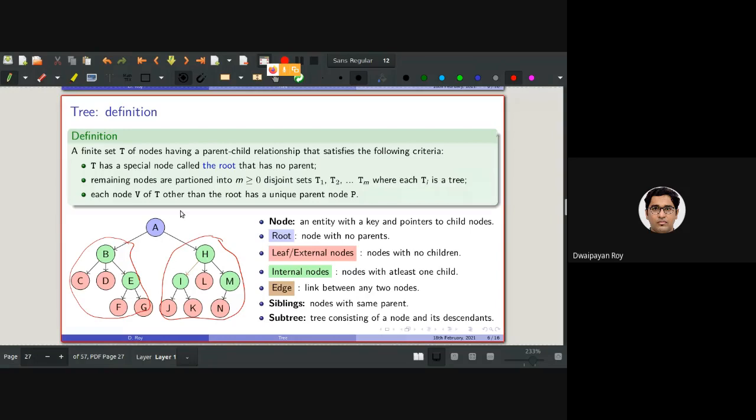If I consider the whole tree, A is the root, and this is a subtree of A. This is another subtree of A. If I consider this portion, this subtree of A, here H is the root, and there are 3 subtrees. One is this, one is only this node, and another is only these 2 nodes. So these are subtrees of H.